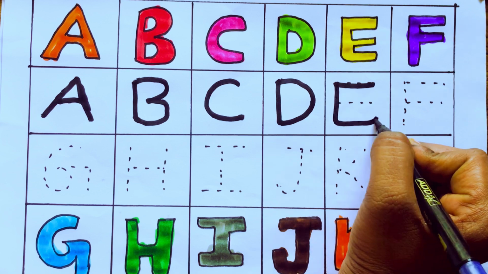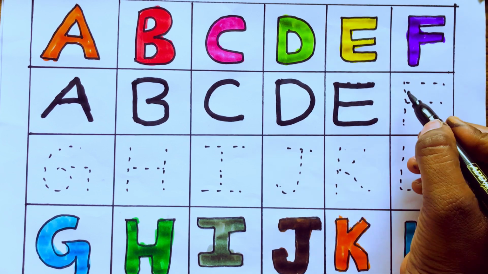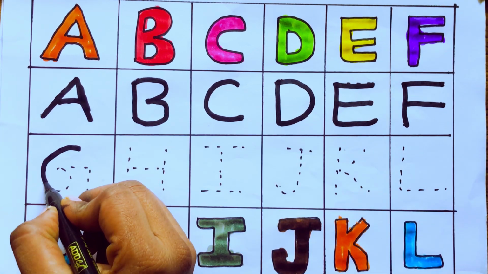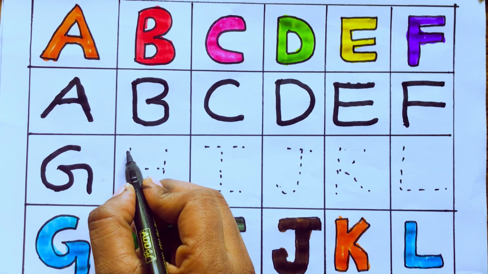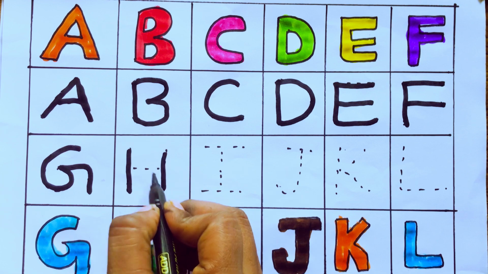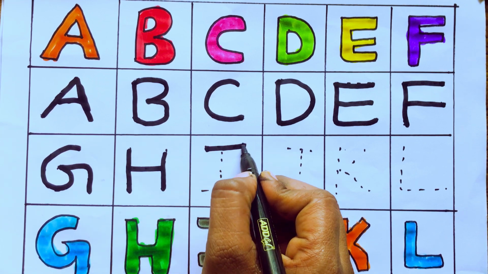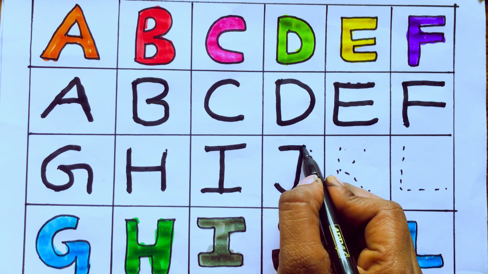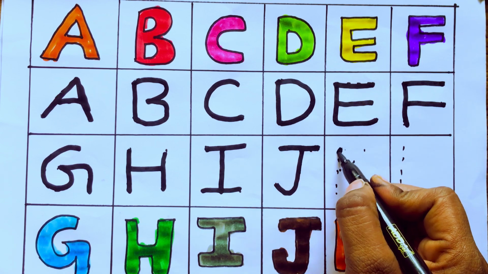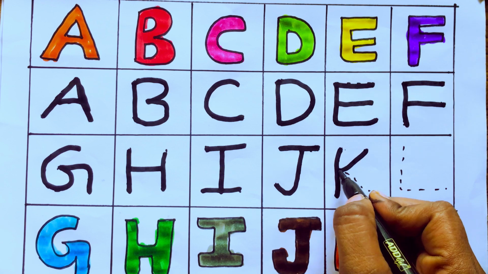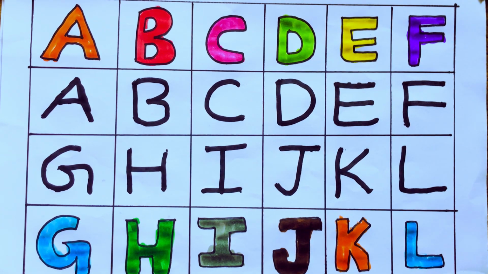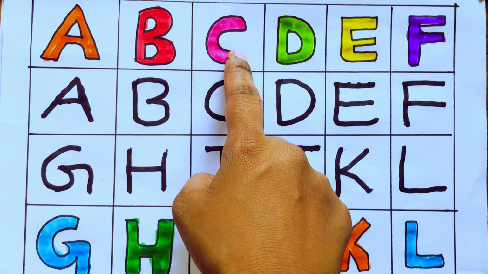E. E for... F. F for flag. G. G for gun. H. H for hat. I for ink. J. J for jam. K. K for kingdom. L. L for leaf. Let's learn A, B, C, D,